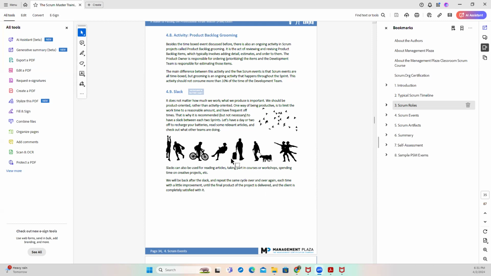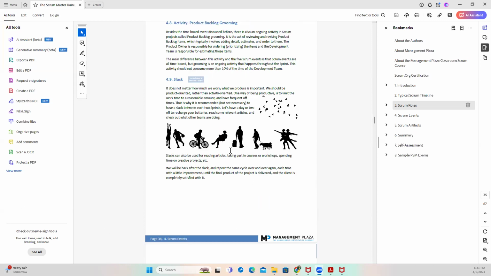So in that Slack, we can do recreation, you can do reading, you can take a course, you can do something for yourself to improve yourself. That's what it's called, Slack. It's just a time when the team can relax after its sprint has ended. You have maybe an extra day or so to relax as a team. And you make sure you don't make it in a way where your company will think that you're wasting money.